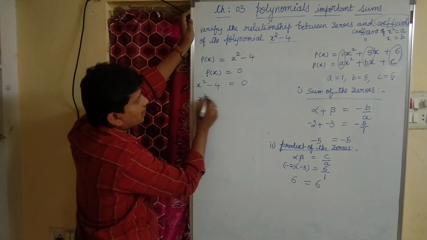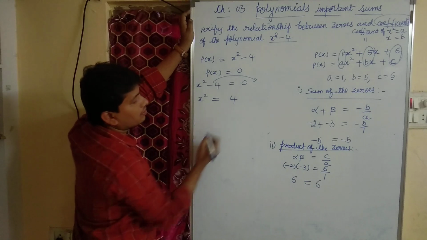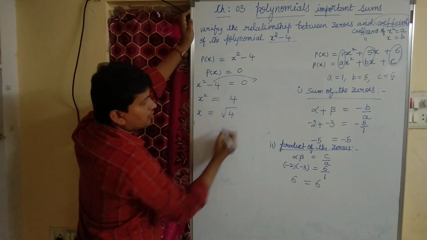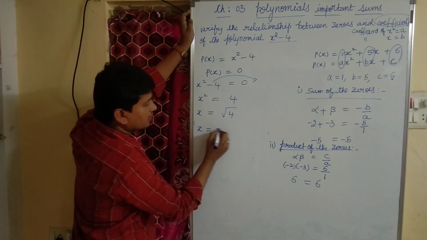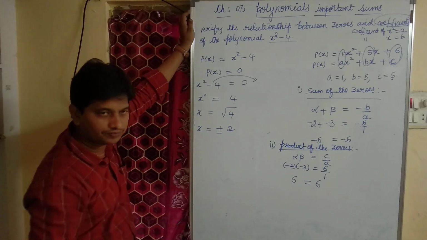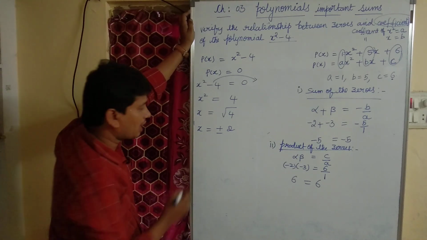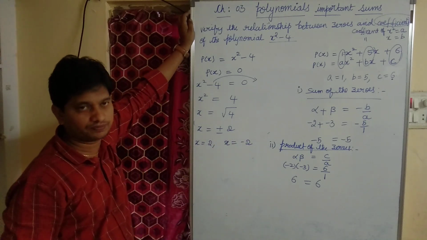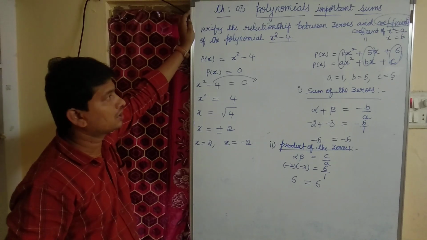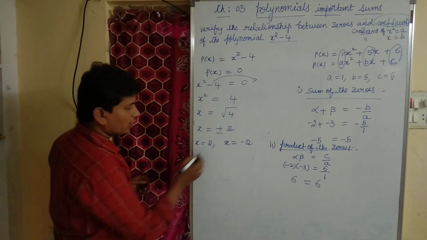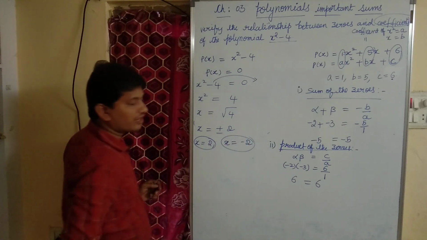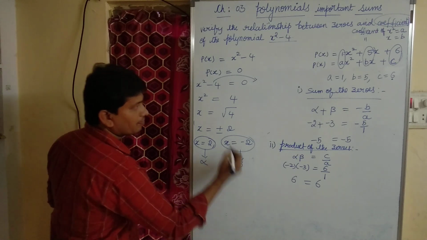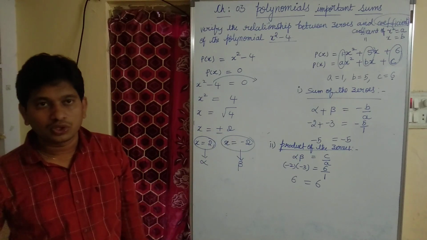right? So x square minus 4, if you transpose, it will become plus 4. So x is equal to root over 4. What is the square root of 4? Which is nothing but plus or minus 2. I mean one root is x is equal to 2 and the other root is x is equal to minus 2. Is it clear? Now we got two roots. One is 2 and the other one is minus 2. So this we call alpha and the second root we call beta. So these are the two roots.